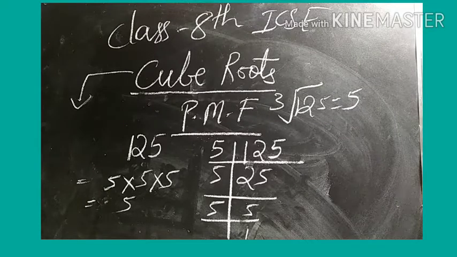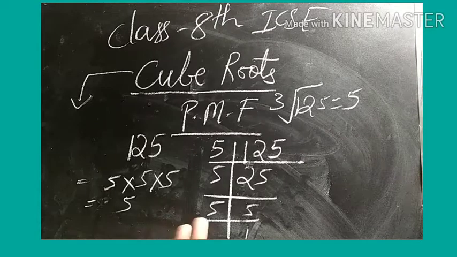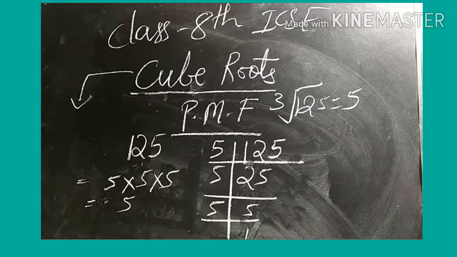You can find this for numbers that have a cube root. All numbers do not have cube roots. If I say find it for 7, it will be very difficult to find by this method; that is not possible. So the numbers you will get in the exam will definitely have a cube root. One more example I will explain.